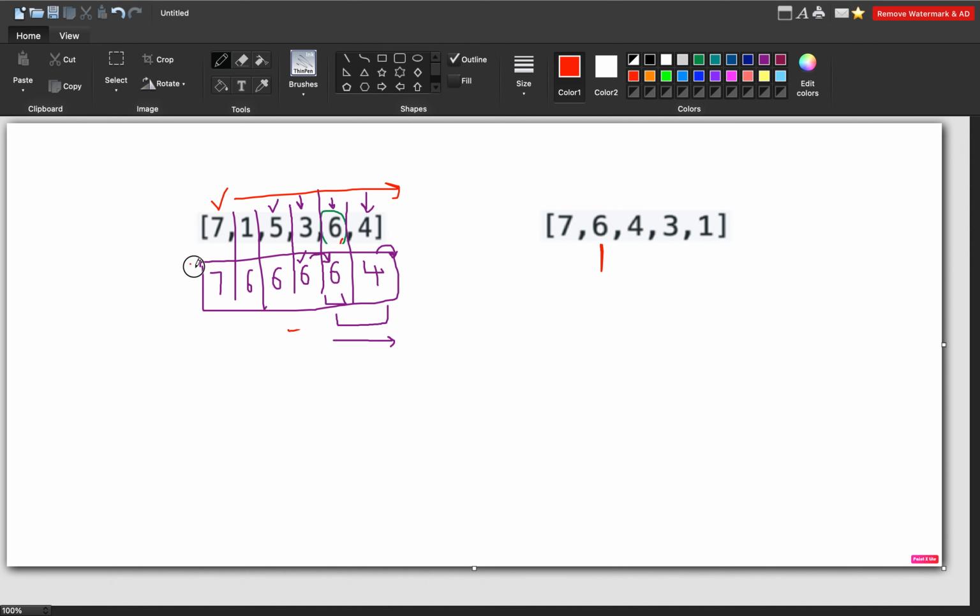So we already have it, which is 7. So the maximum profit achievable if I buy the stock on this particular day is 7 minus 7, which is 0. Now again, if I buy on this particular day, what is the maximum profit achievable? It is obviously the maximum to the right, which is 6 minus this particular one, so it will be 5. Similarly for this, the maximum to the right is 5, which is obviously stored,